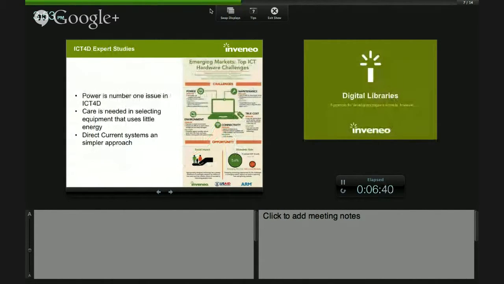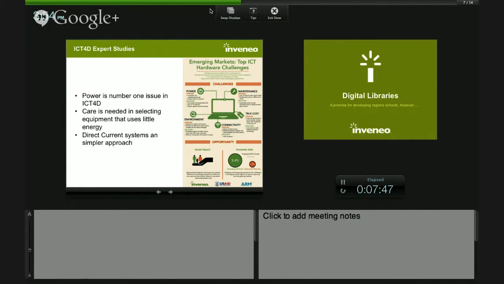So another research project that I kicked off this year, I got funding from USAID and from the CPU design firm ARM, which was really to go out and document the top ICT for D hardware challenges out in the whole industry, and how to make better hardware. Because as hardware prices are dropping, and we're seeing more tablets and lower cost equipment, how can that equipment be designed better for the developing world? So we proposed this study, and we went out and gathered industry experts and did one-on-one interviews. We did Skype interviews with what are called industry ICT experts, and then we went out to practitioners that are operating in the field and offered them an online survey. And we just published this paper, I think it was 2 months ago, and what we found are those